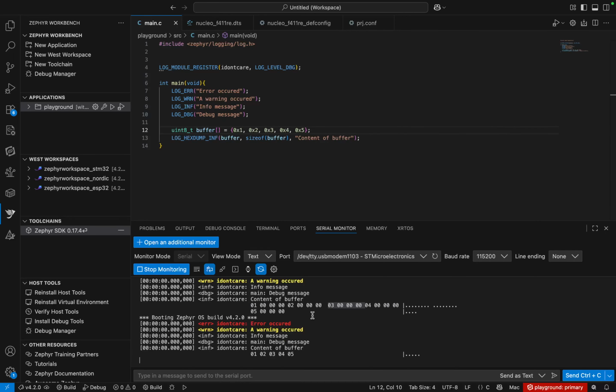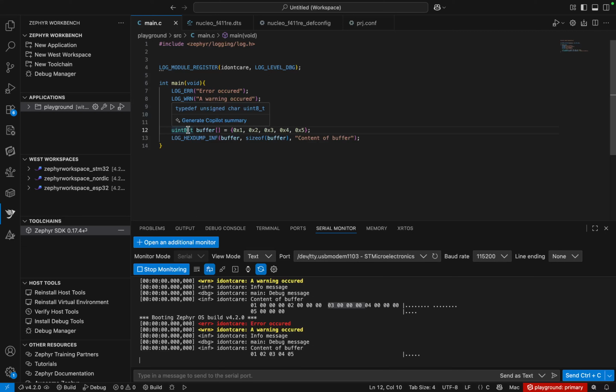So I come here, and then you can see that it is shorter. It's no more 4 bytes. This is just 1 byte because I said it is uint8. So there is a lot more you can do with this logger module, like filtering and then conditional compilation,